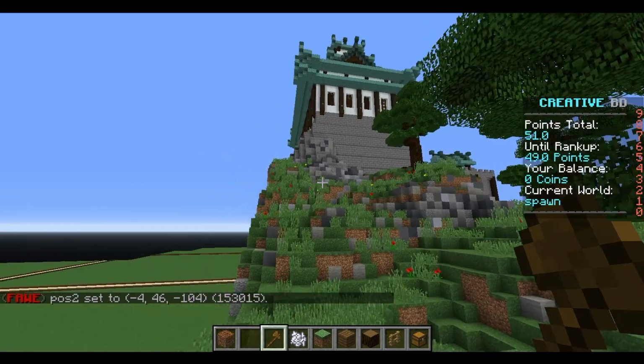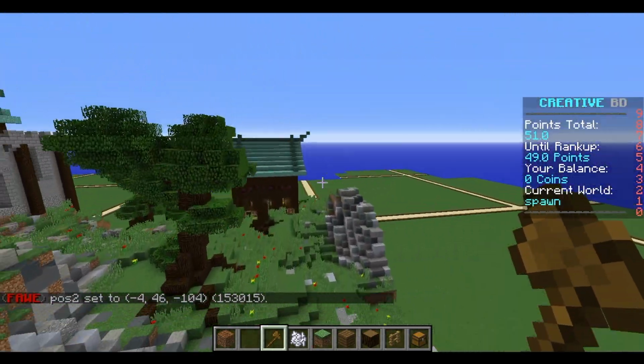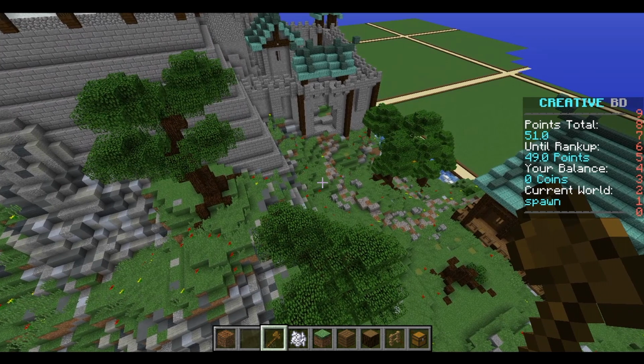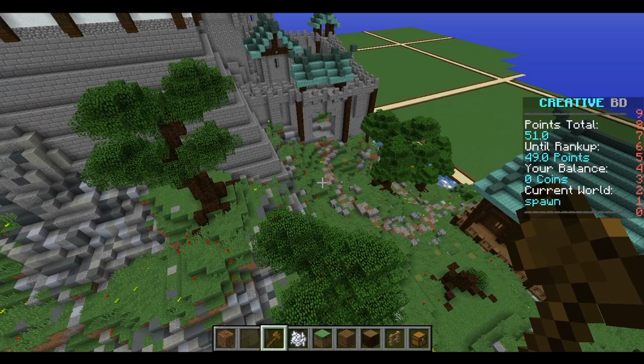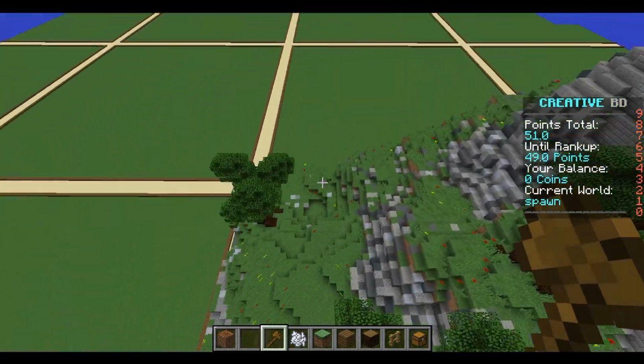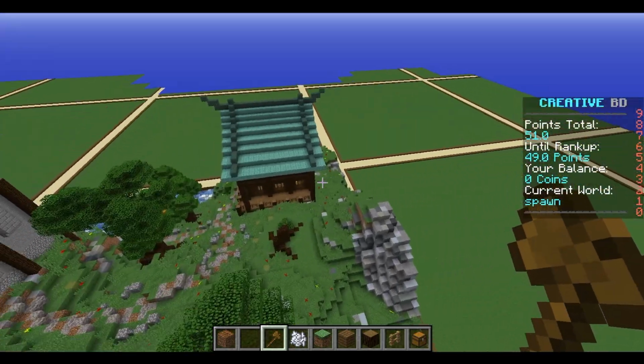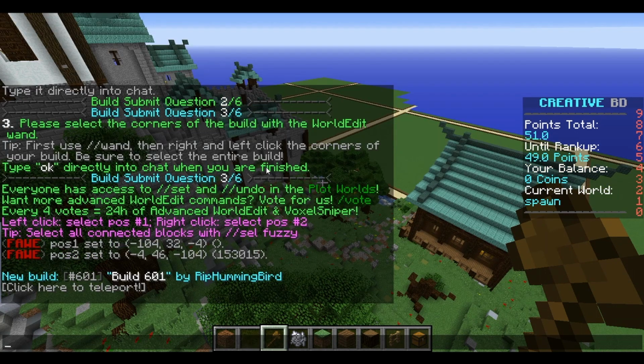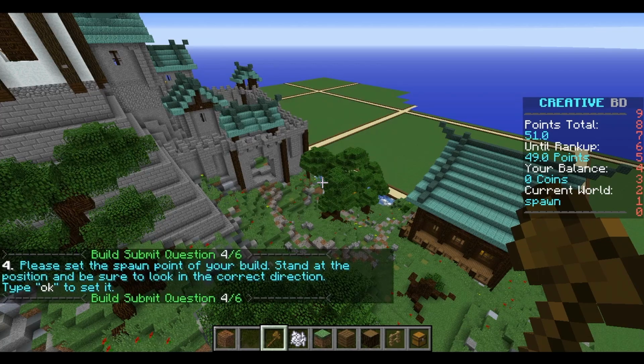Now there you go, we have our full plot selected now. Don't worry about digging down to select the whole build like you would if you were using the wand to build. We're only selecting a square here, not a cube. So there we go, now I've selected the plot. It's all selected right from bedrock to the build limit height of 256. Okay, so once that's selected, type OK and we move straight on to question 4, which is where we will